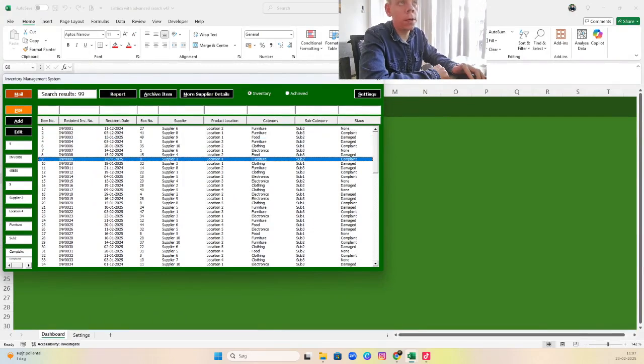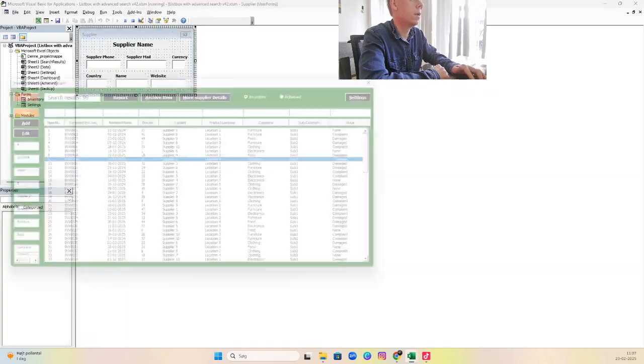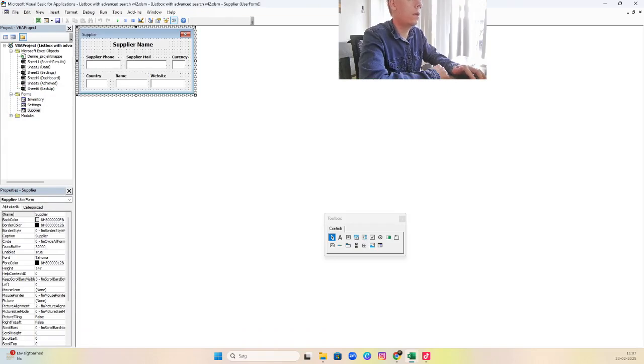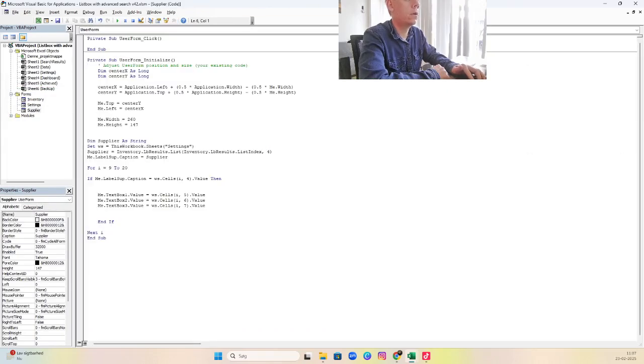But it's at 4, but we always start with a list box from index 0. 0, 1, 2, 3, 4. That's why that's the supplier name. Okay, then we go back here, and we are just gonna copy this,